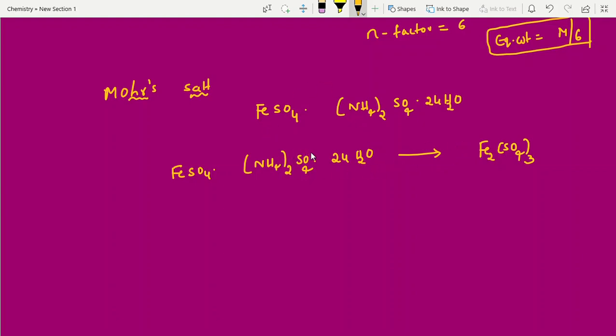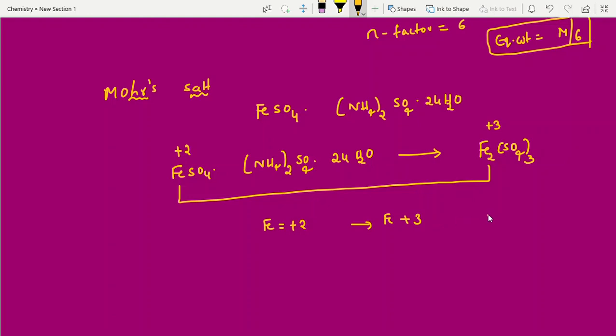What is the answer, students? Yes, here the oxidation state of iron is +2, and here the oxidation state of iron is +3. That's it, only you can see this point. Remove the remaining ones; these are all spectators, no use in the reaction. So leave the spectators, only take iron, the active species. Sulfur no change, oxygen no change in oxidation state. This product is not there, leave it. Only iron +2 to +3. That's it. Okay, iron, ferrous to ferric.